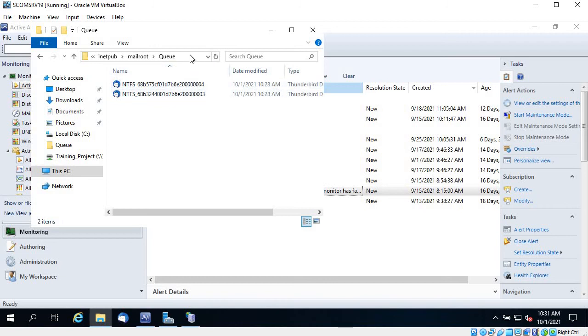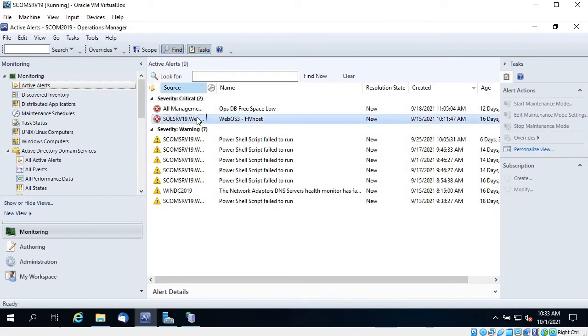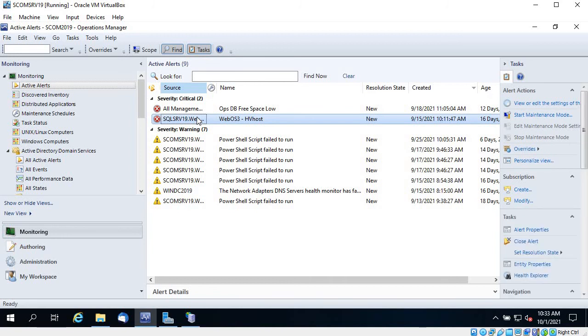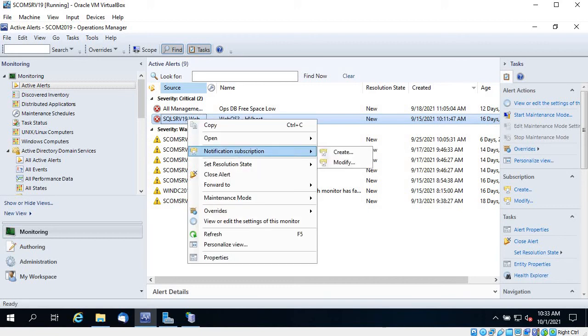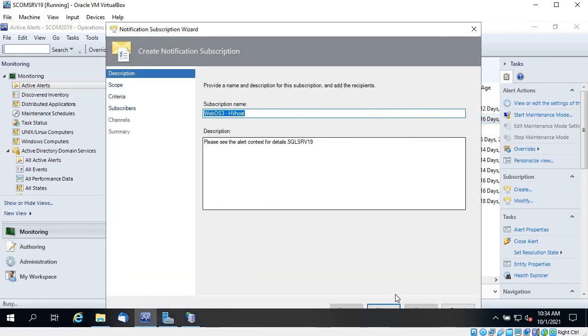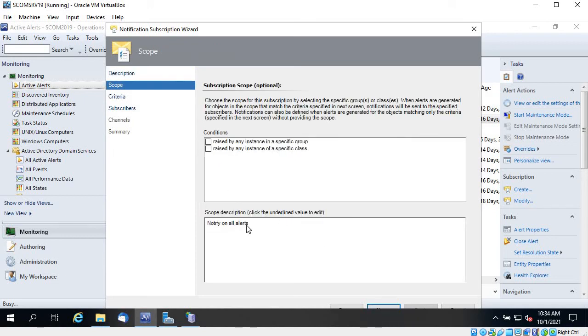new alert is generated. One more thing, you can create a notification subscription from the alert view as well. Just right click on the active alert, then notification subscription, and you can create a new notification subscription, or you can modify the existing one. So let's create a new one, and I think it's a good idea to create it from the alert, because you know